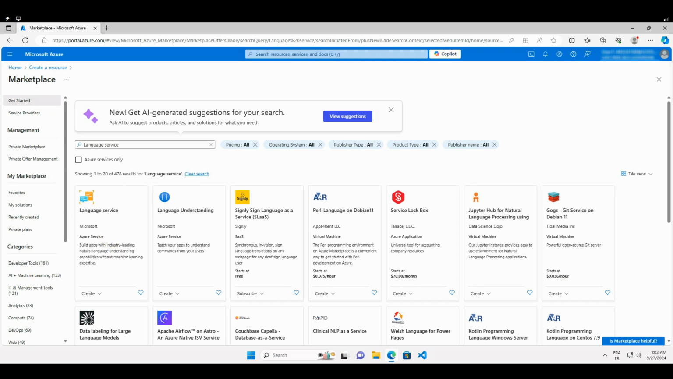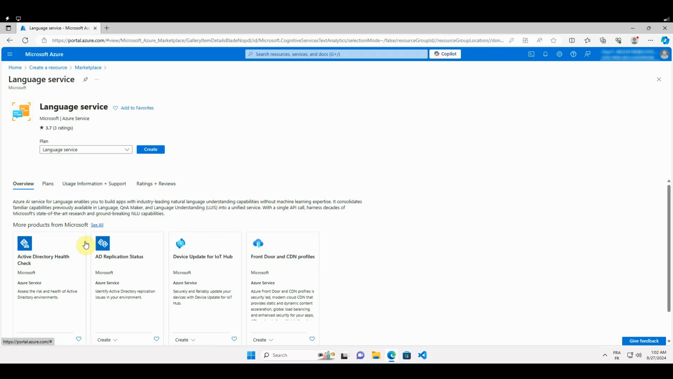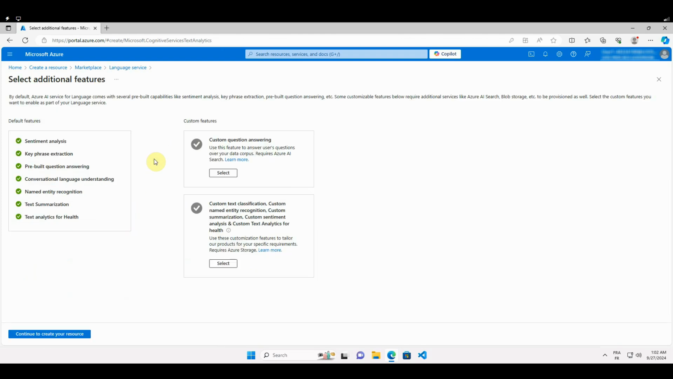The results of our search display a variety of services and tools related to language processing, as shown on the screen. We would typically select the Microsoft Language Service to create a resource that provides the suite of Azure AI language capabilities. Once we click on Create for the service that we've chosen, we reach the step in the Azure